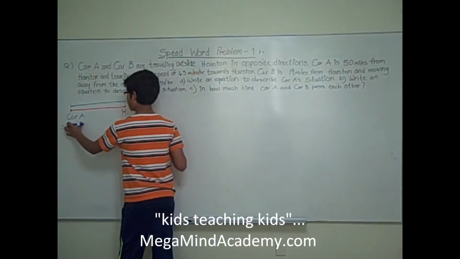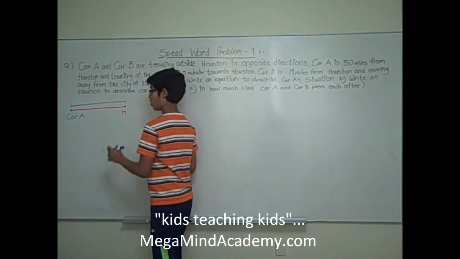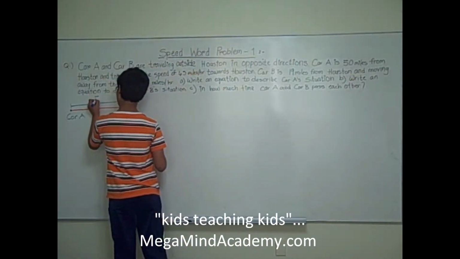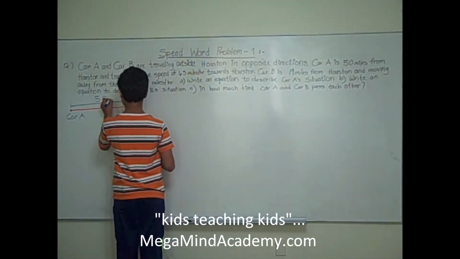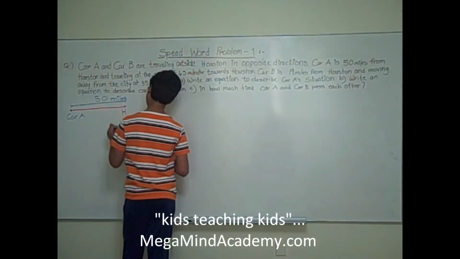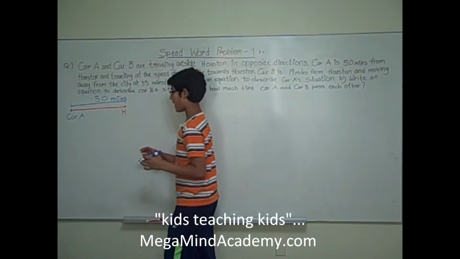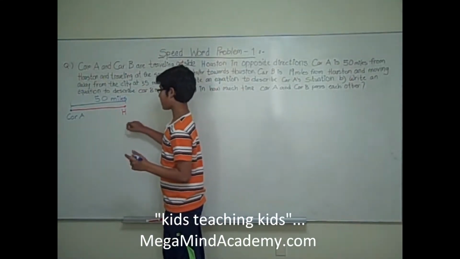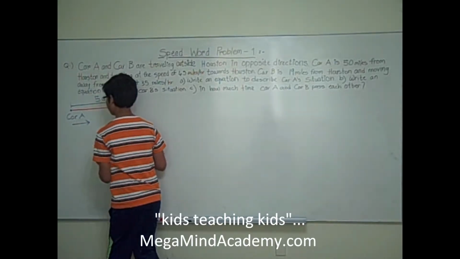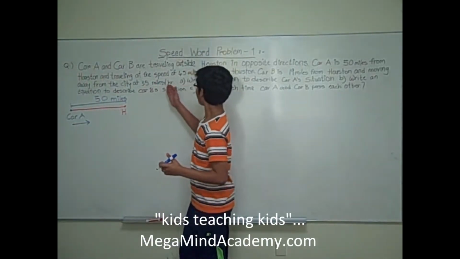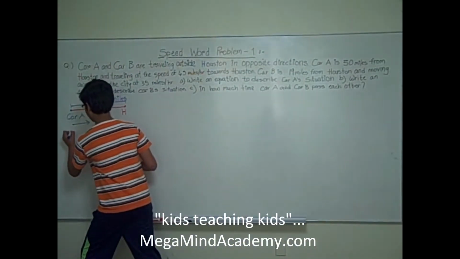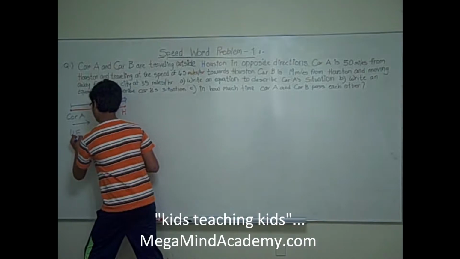The distance from this spot on the road to this spot on the road is 50 miles. Now car A is going towards Houston. So car A is going towards Houston at the speed of 45